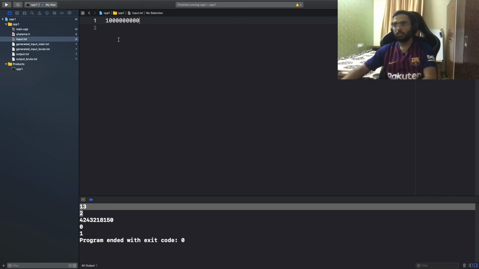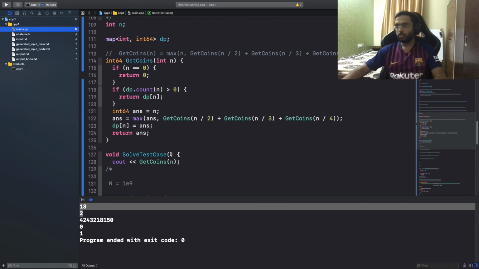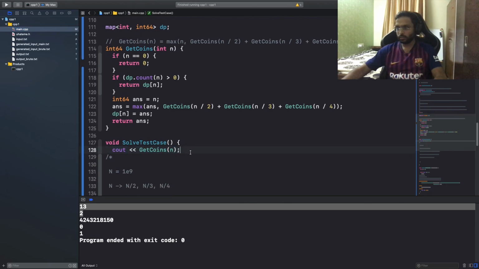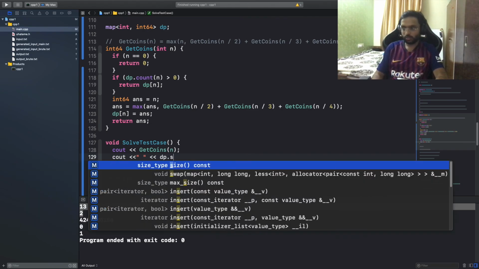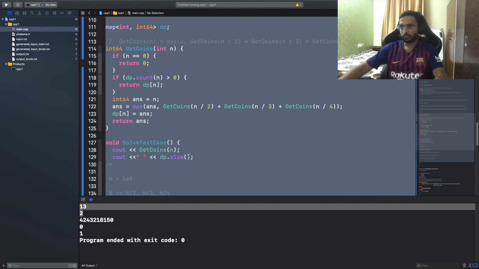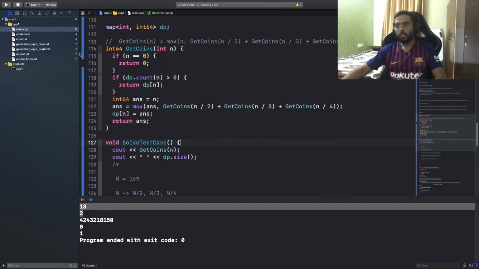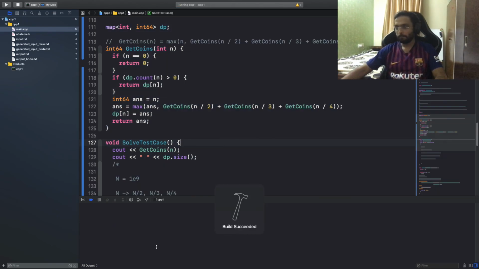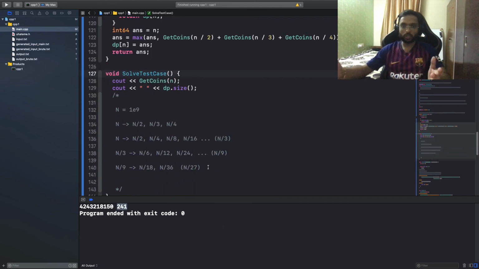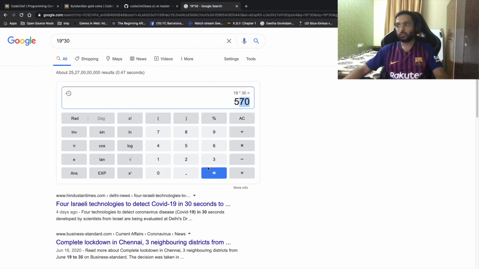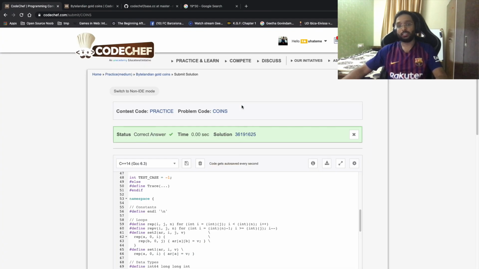Let me just rerun the solution, and along with printing this, I will also print the size of the map, dp.size. Yeah, if you see, there are just 241 different states which we needed to calculate, and that's way less than what we thought of as the upper limit.